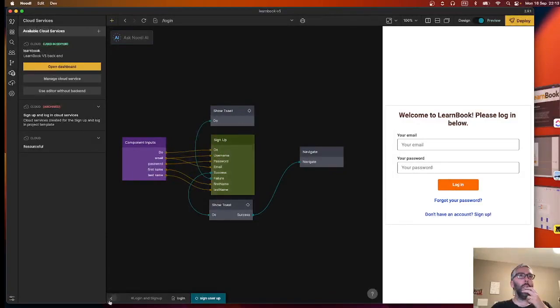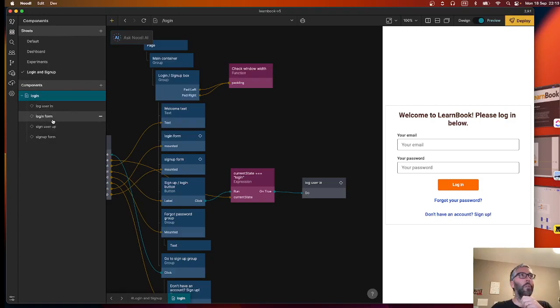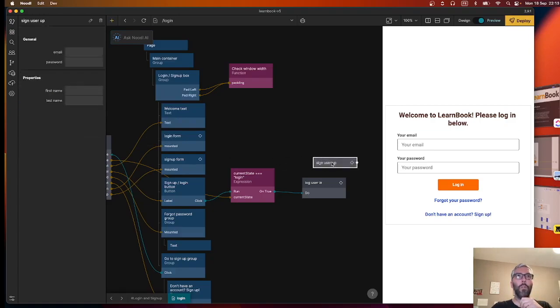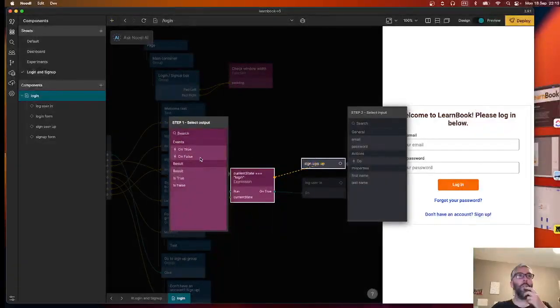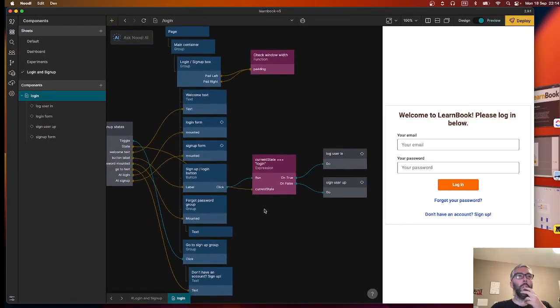Nice. Okay, that's good. We can now put our sign up logic component next to our login component and say when the current state is not login, when it's false that it's login, then we're going to do sign up. I'll put them on top of each other, be a bit nicer. Nice. Okay, that's going good, except the stuff that we have inside our login form is kind of not connected at all to